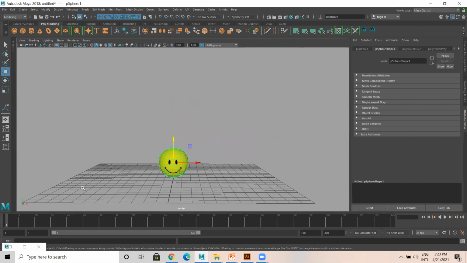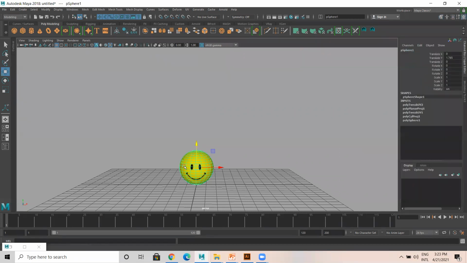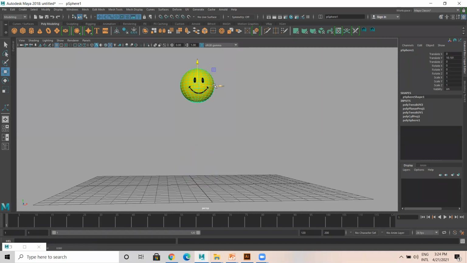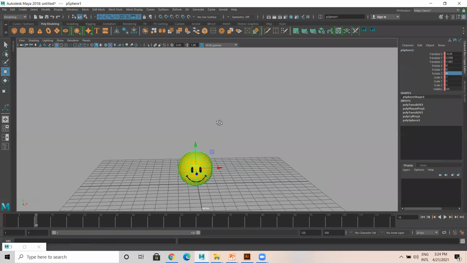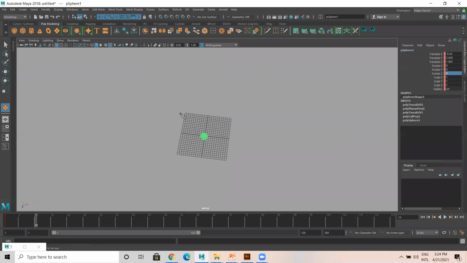So let me animate this. In the frame number 1, let this guy be here, a bit rotated. Frame number 10, he is here. Let me create one plane.